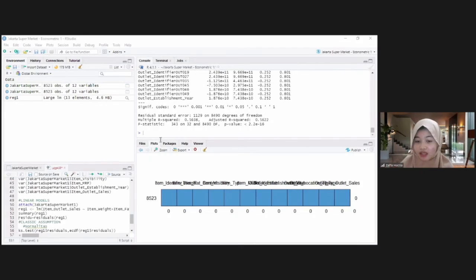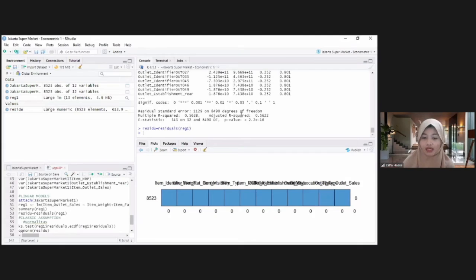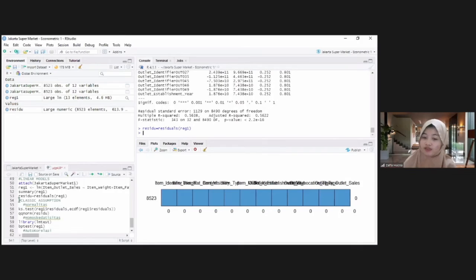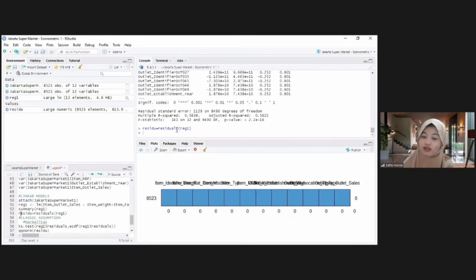Then it can be concluded that, one, the item weight variable has no effect on the item outlet sales variable. The item visibility variable has no effect on the item outlet sales variable.